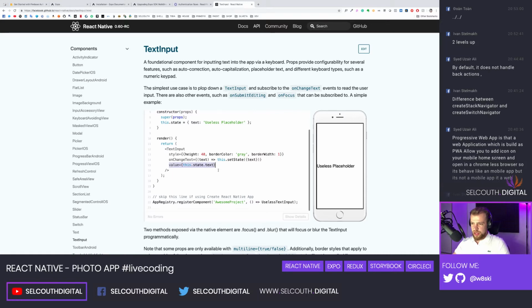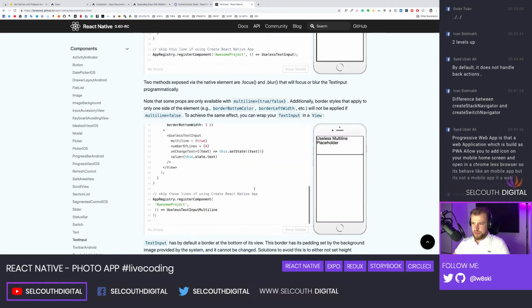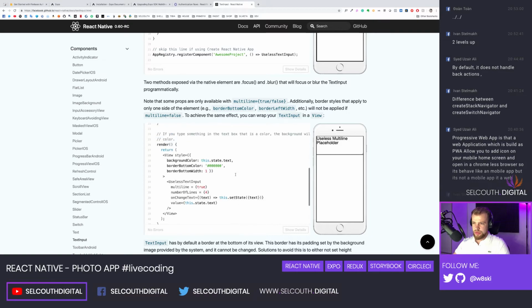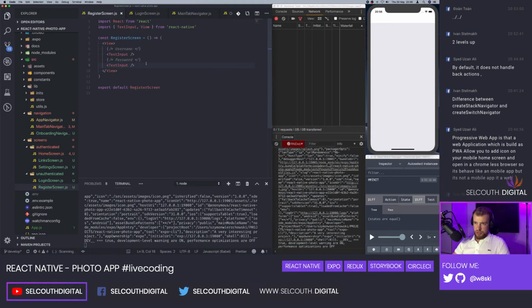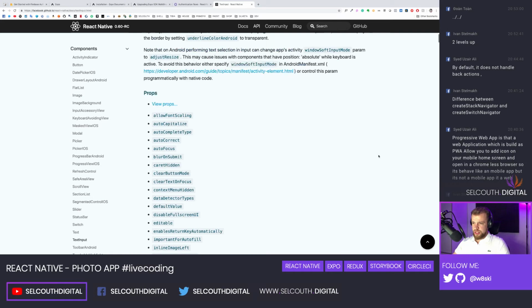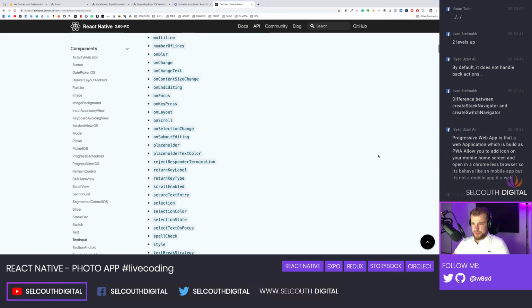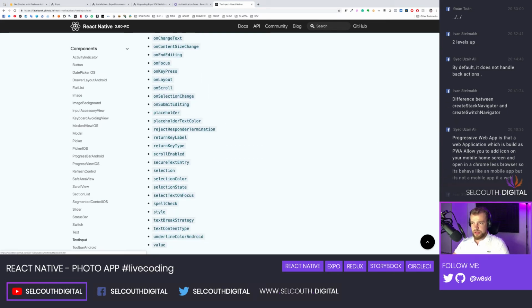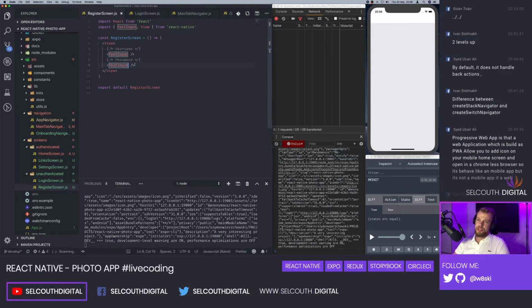So this is the value. We want to add some sort of placeholder as well, probably. So hold on, let me see what kind of properties we can use. I'm not sure if it actually has the placeholder. Yeah, it does. So the placeholder is going to be